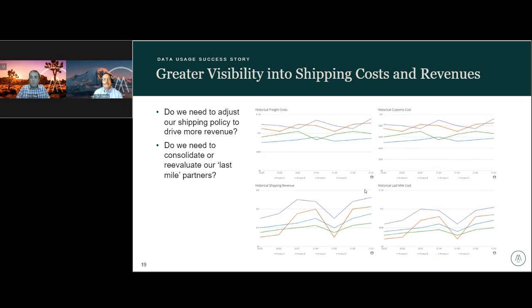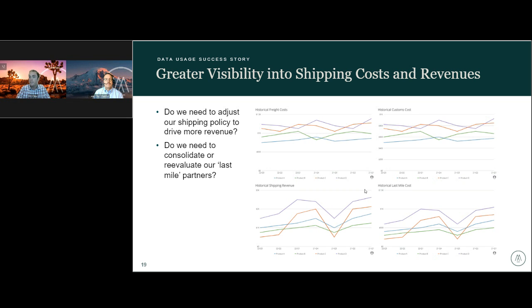And then another look here, which I thought was pretty interesting, and what we spun up was we wanted to know freight costs. I think freight logistics was a huge issue with the pandemic and continues to be a huge issue today. They really wanted to evaluate what their logistics partners, what their last mile partners were charging. How are they buying space in shipping containers? Was it on the spot market, or what do we need to do a better job of forecasting? And also another look, which I thought was interesting, was that this company had a policy where if you buy $100 or more worth of product, you get free shipping.